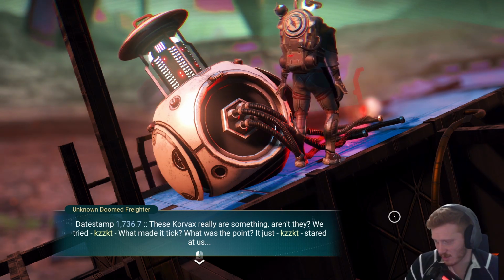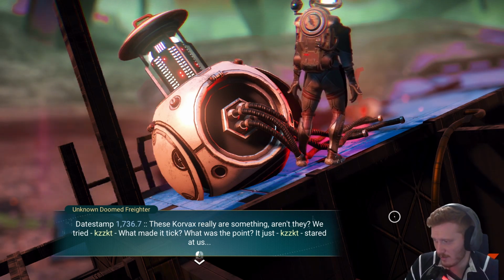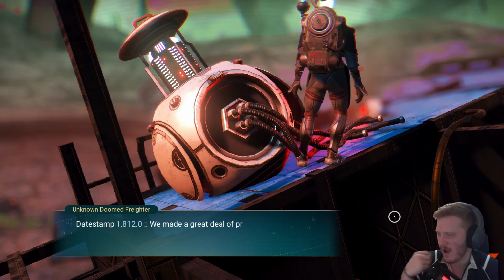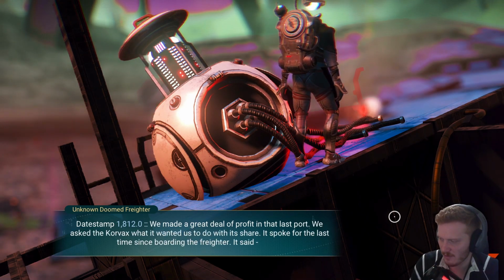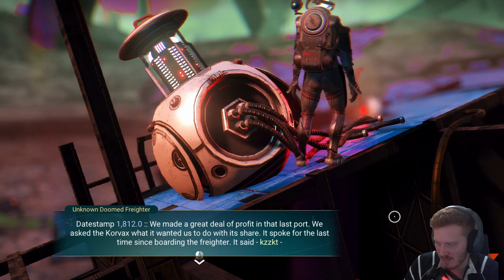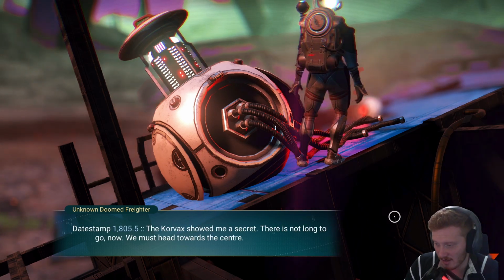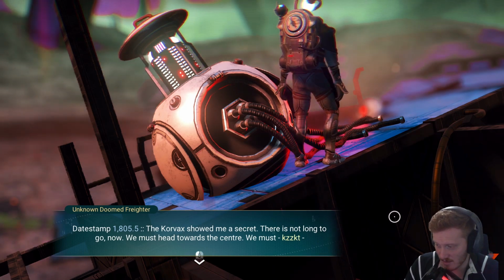Date stamp. These Korvax really are something, aren't they? We tried. What made it tick? What was the point? It just stared at us. We made a great deal of profit on that last port. We asked the Korvax what it wanted us to do with its share. It spoke for the last time since boarding the freighter. It said, Korvax showed me a secret. There is not long to go now. We must head towards the center. We must...